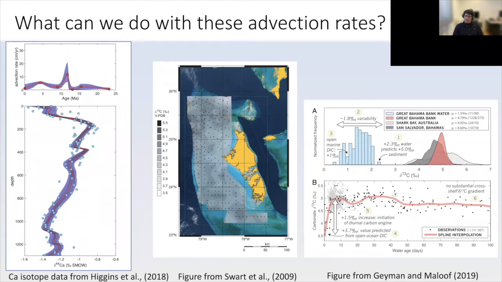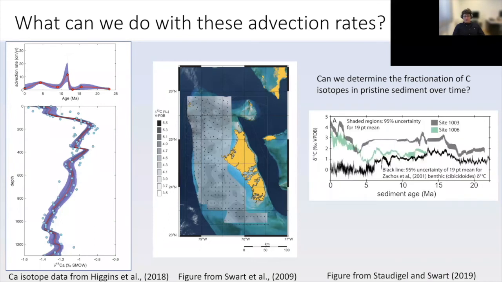And there's also a number of other vital effects where you can do this. So the question that we're going to try and answer is, can we determine the fractionation of primary sediment, of pristine sediments over time? Just to show you what the record looks like, here in gray, I have the site